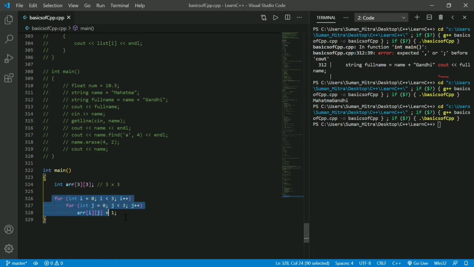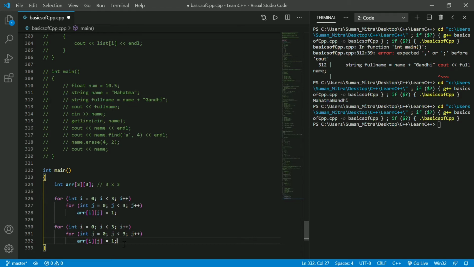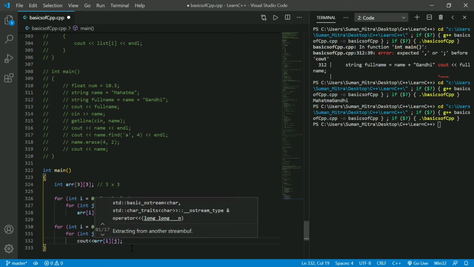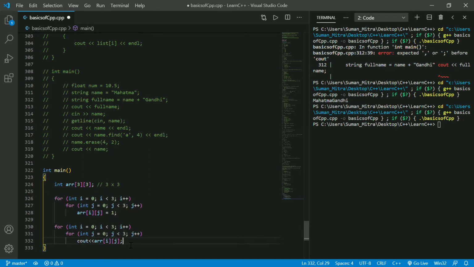Now let's copy this and paste it, and we'll print it out. We'll use curly braces here now, because we need them. Then we can write cout, and endl will give one step down.